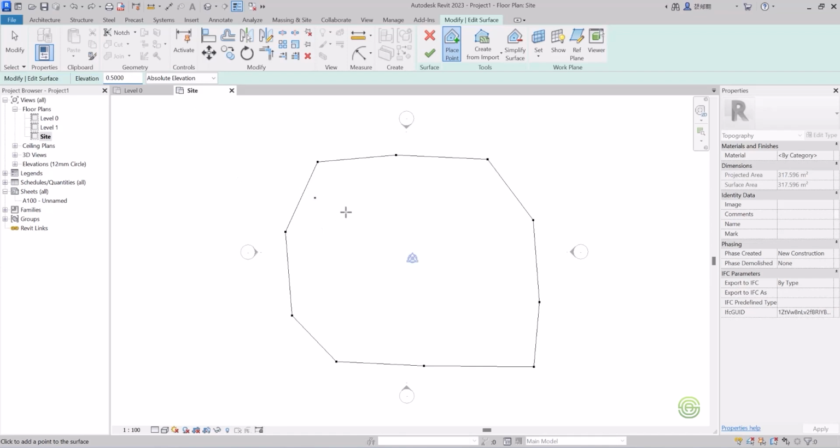To create a contour topology, now again I will place points inside like this. I'll place points like this, like this. Now if I open my 3D,